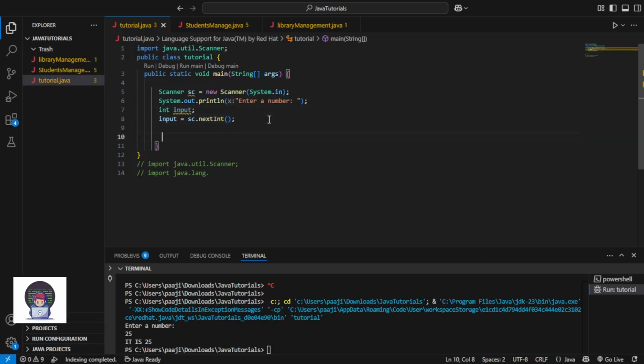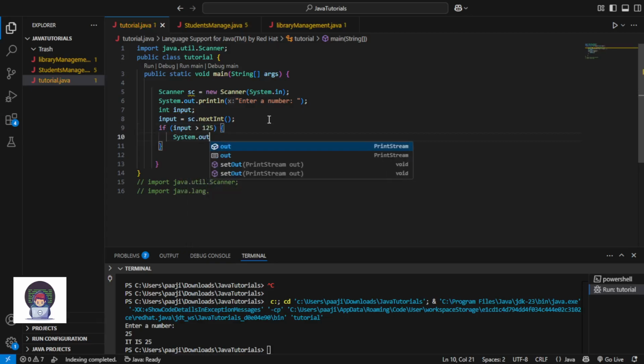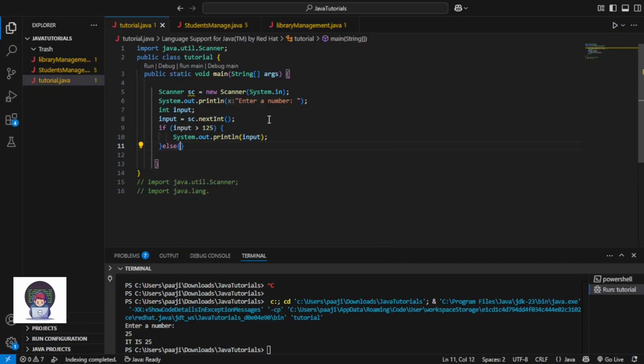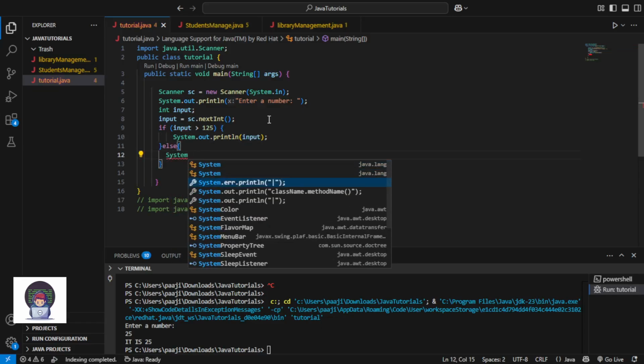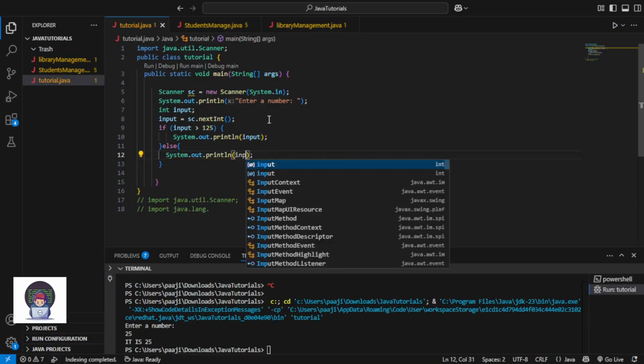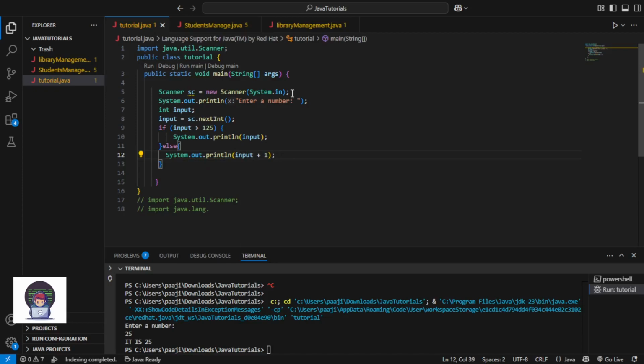Maybe I can do that if the input is greater than 125, then system.out.println input, else system.out.println input plus 1.